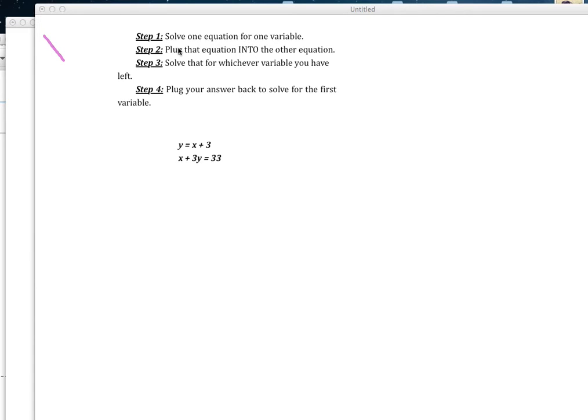Okay, so step 1 says to solve each equation for one variable. That has already been done for us, because we already have y alone. But if we didn't, we'd have to get one of the variables alone. It doesn't matter which one. And now it says plug that equation into the other equation. So I'm going to say that this equation,